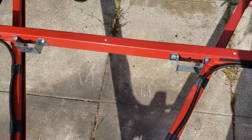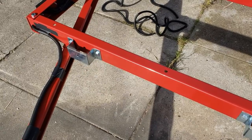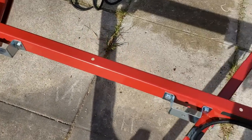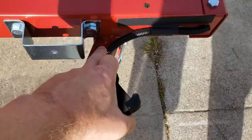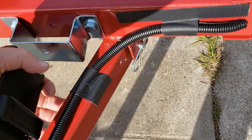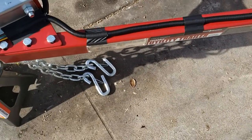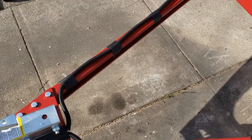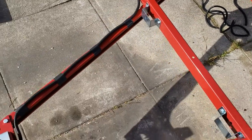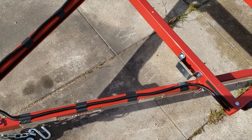Another thing I've got to mention is that if you're wanting to have the capability of folding this thing, there's really no way to run a wire through this tow bar that's not going to get messed up when you try to disengage the tongue and fold it down, because this joint right here, as you can see, has a box welded in there that blocks any wire being run down the length of the tow bar, even if you wanted to do that. So what you really have to do is figure out a way to run your wires in a manner that you can detach them from the tow ball all the way down to the trailer body when you disconnect the tongue and swing it down like that, so that your whole wiring assembly has to be freed from the tongue in order to